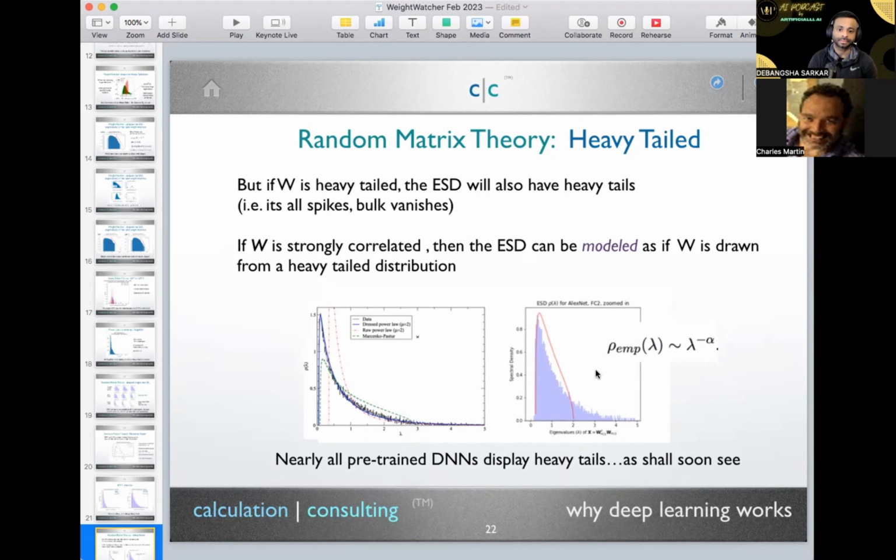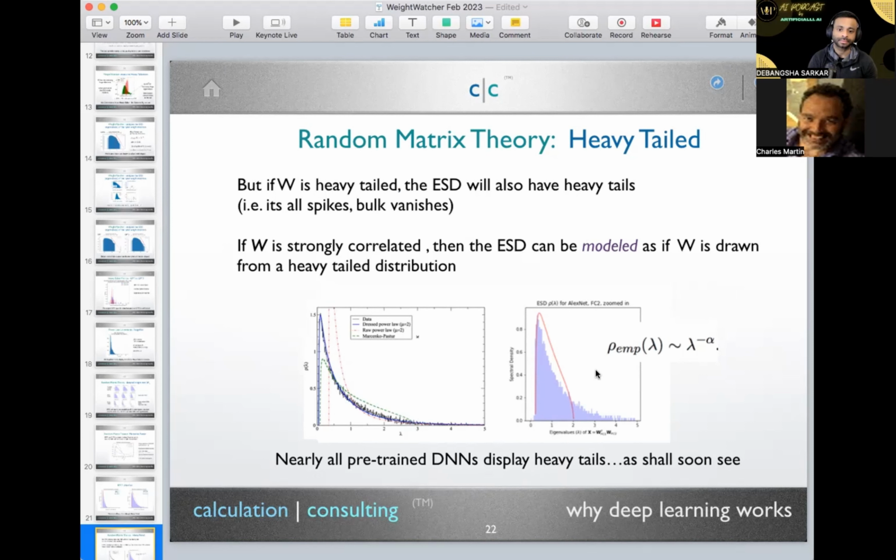And we're going to use it in order to formulate the theory. We're going to use a trick from physics where we pretend that W is heavy-tailed, meaning that it's as if you were to draw W from a Pareto distribution. If you were to draw the elements of W from a Pareto distribution, you would see this behavior. But instead of drawing the elements from the Pareto distribution, we're going to draw the eigenvalues from the Pareto distribution. Okay.